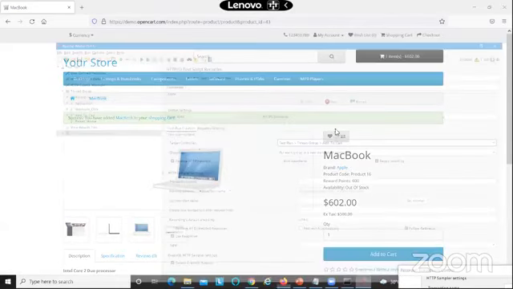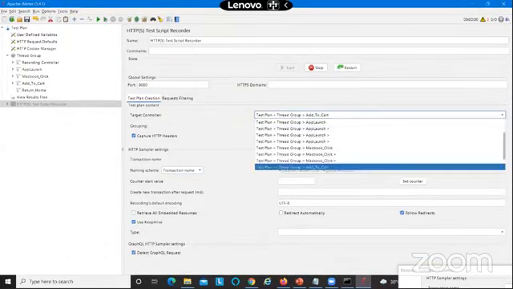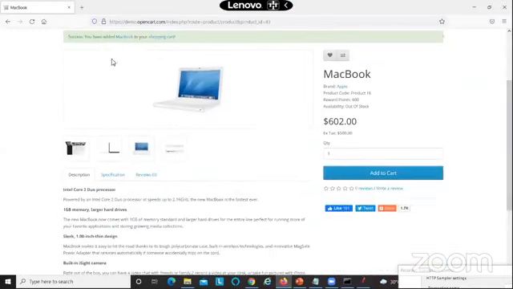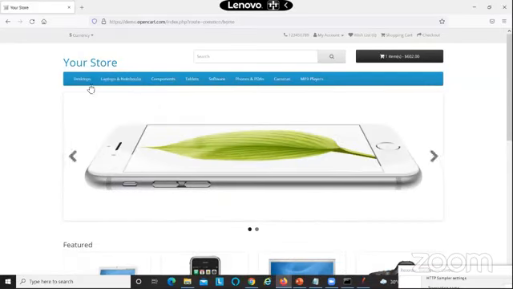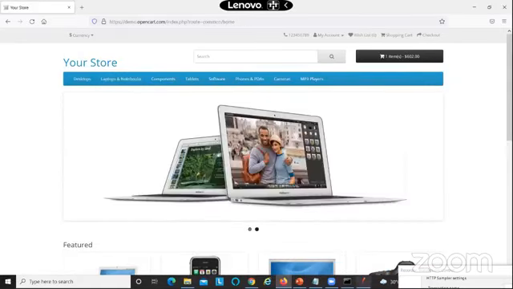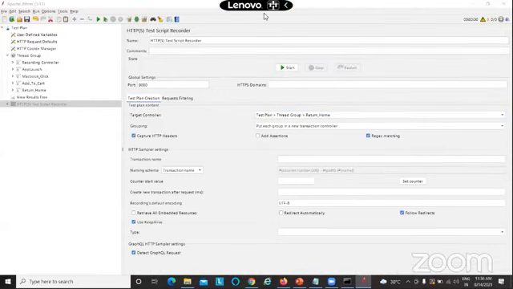And now we can go to our final step, which is return to home. For going back to the home page, I'm clicking on your store. So now we are back to our home page. To finish the recording, you just click on stop and you can remove the proxy from your browser. Now we are done with our recording.